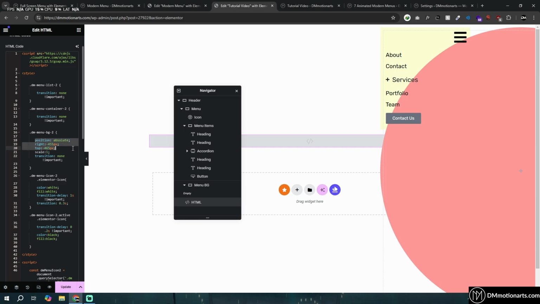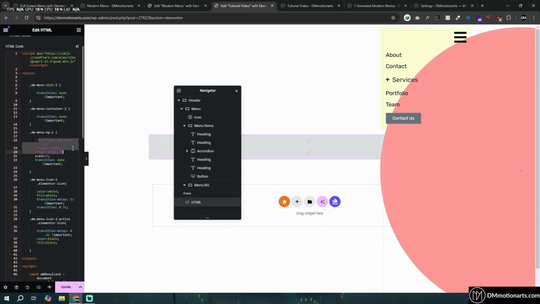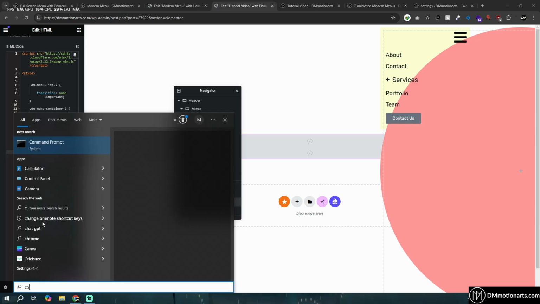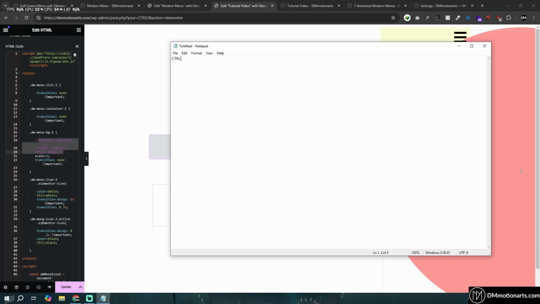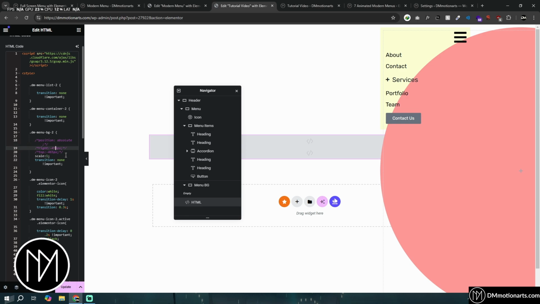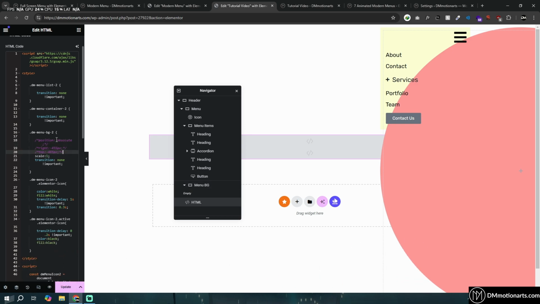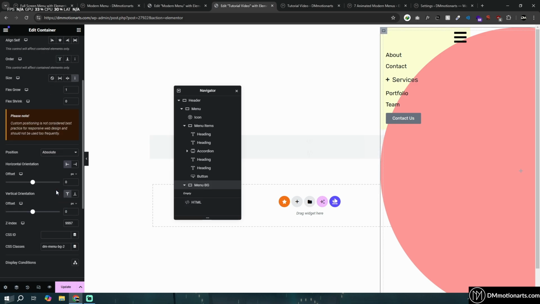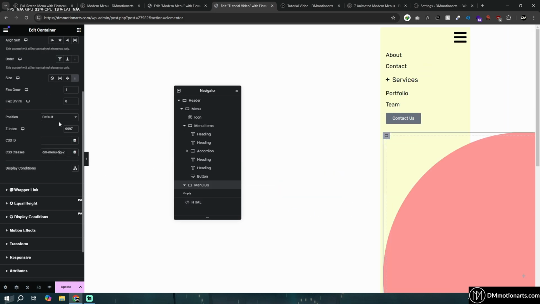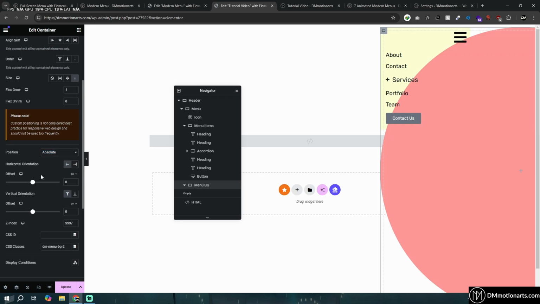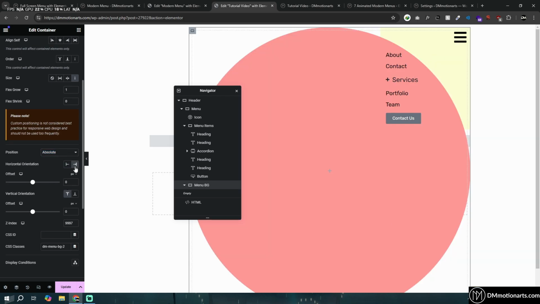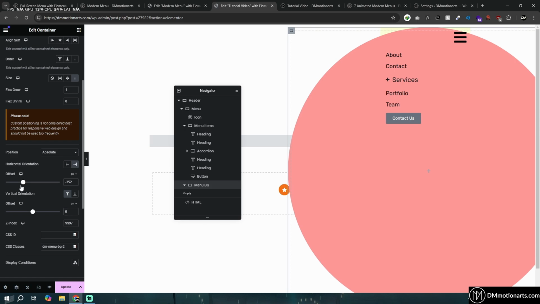So let's select all three of this code and do this. If you press control plus forward slash, you could make this commented, and basically what it means is that this code will not run. And instead of running it from here, where it says position absolute, right and top value, we can actually go in here and use the position absolute around here. So we can add position absolute and then choose right and top like this, and then we can simply play around with the values